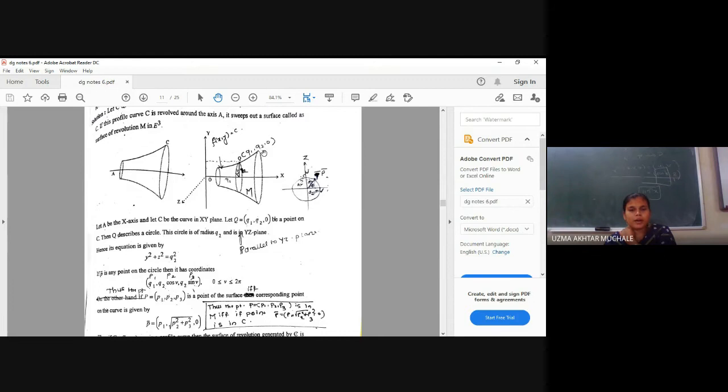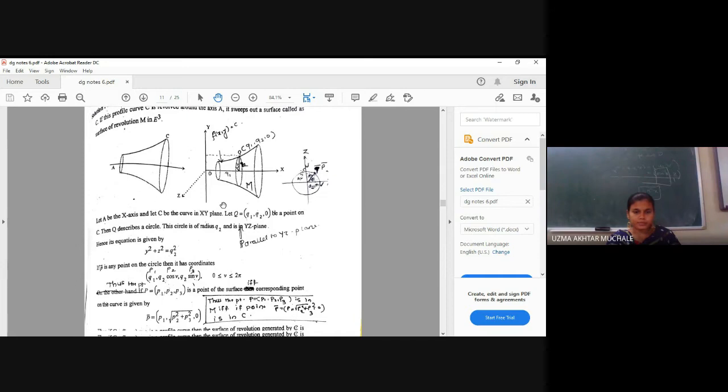Q2 is nothing but the y coordinate, right? So f of x, y equals c is the curve given to us. With the help of that, we have found that this circle is parallel to the yz plane. Hence we have written this in the form of a circle in the yz plane, that is y square plus z square is equal to q2 square. That is, q2 is nothing but the radius of this circle.